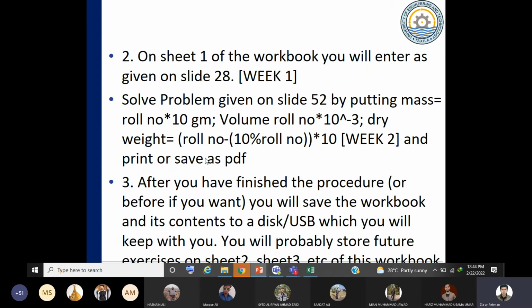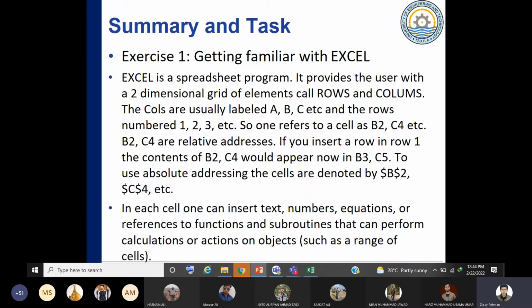If I give you the summary, in today's lecture we have discussed the overview of Excel, what you see on the Excel screen, what options you get, what the cell reference is, how you could enter data, what the data format and data type are, how to change the width of a cell, how to cut, copy and paste data from one cell to another, how to navigate within the books, how to add different spreadsheets within a workbook.